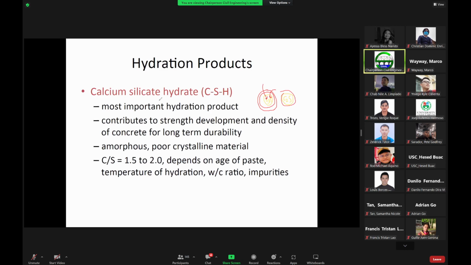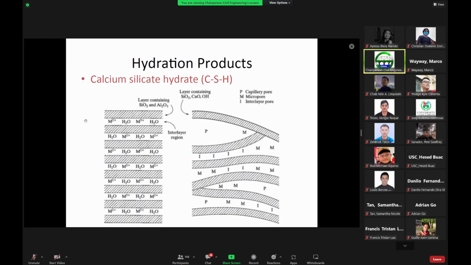So your calcium silicate hydrate, the property that it has is it's amorphous, it's poorly crystalline, and the calcium to silicate ratio, this is the C to S ratio, is around 1.5 to 2. It will depend on the age of the paste, the temperature of hydration, your water to cement ratio, and any impurities in the water. So this is your calcium silicate hydrate. So let's look